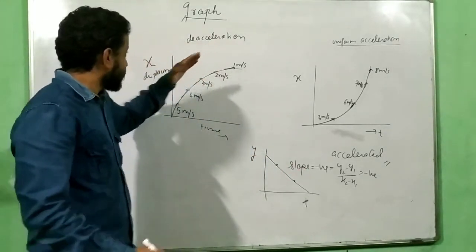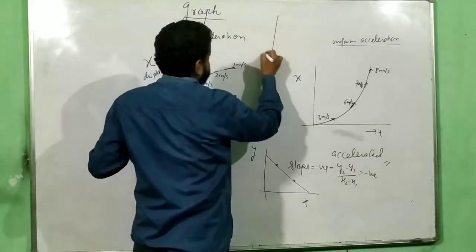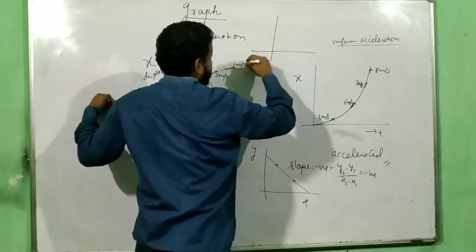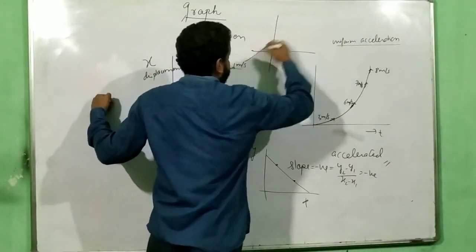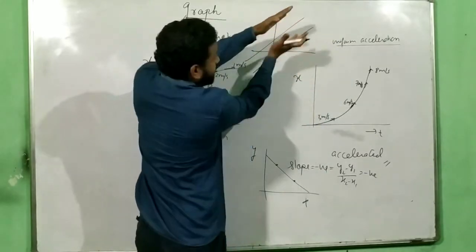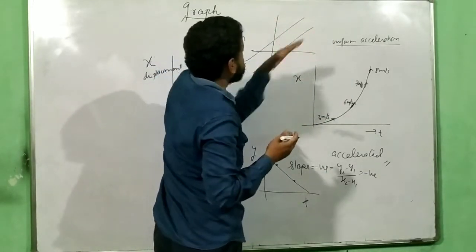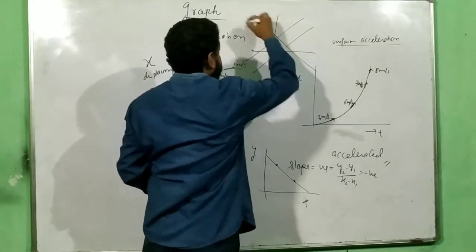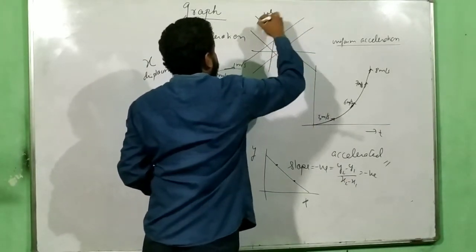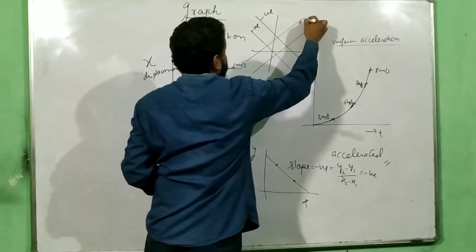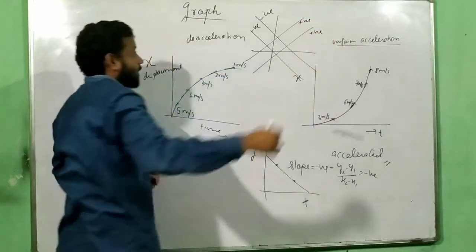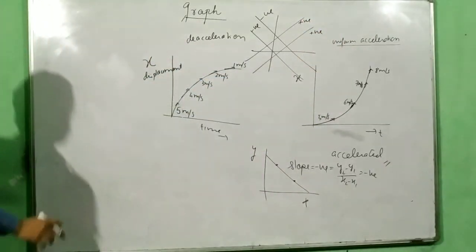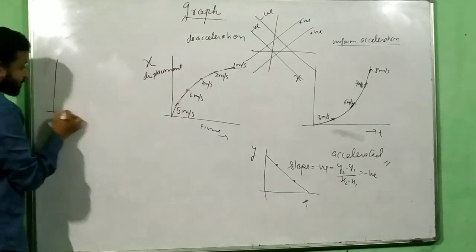This slope is positive. These slopes are positive. In physics I will make it very simple. This graph which has, these are all positive slopes. This one, they are all negative slopes. These are all negative slopes, these are all positive slopes. As simple as that. Now suppose, this is the question which I was looking for.